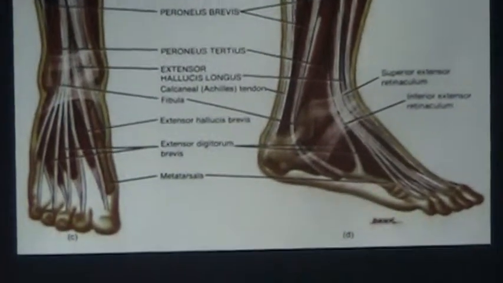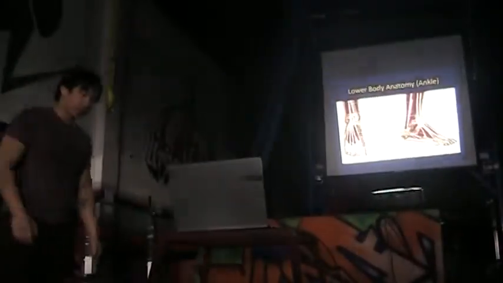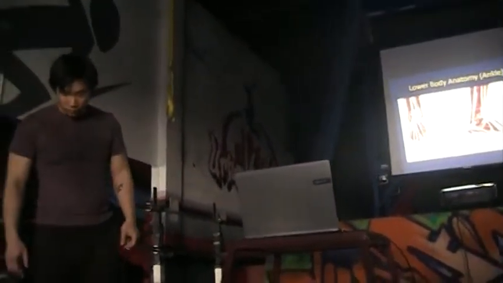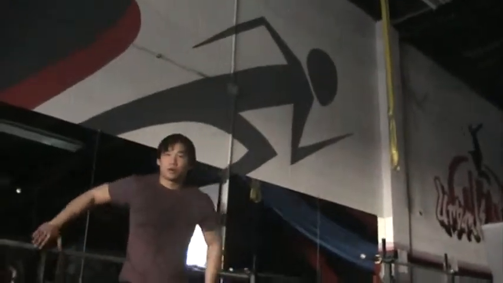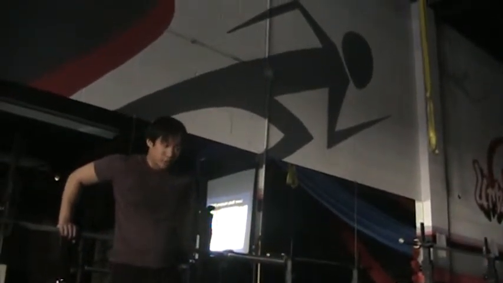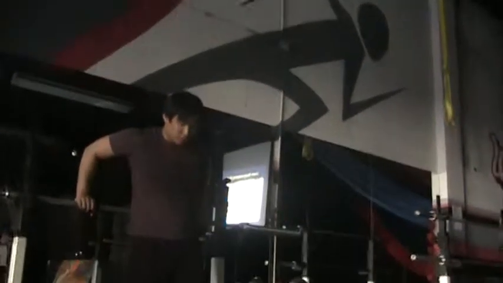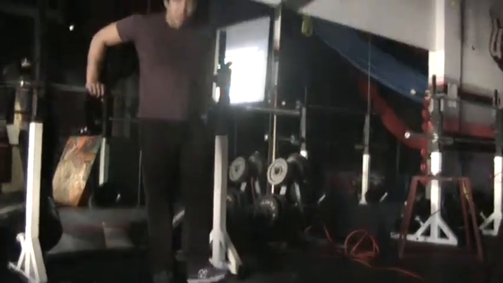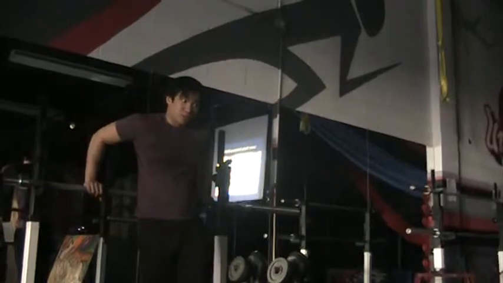And they don't even point out the muscles I wanted to point out. The only reason I'm showing the ankle is because of shin splints, really. That's the most common injury in parkour, period. But also, it's the one where something as simple as strengthening up your ankles is going to alleviate pretty much all of your problems.